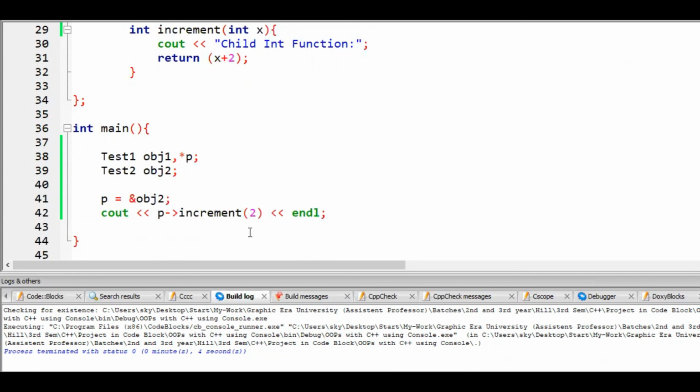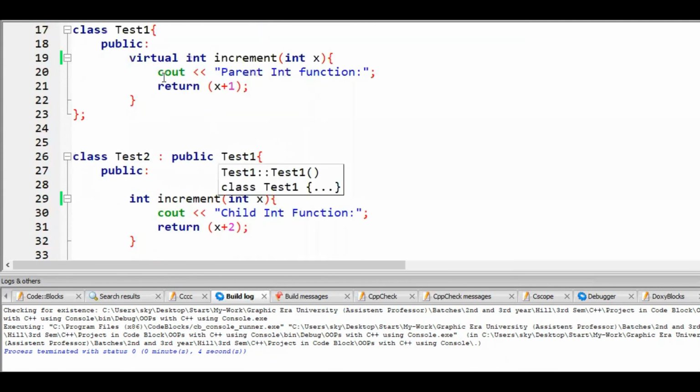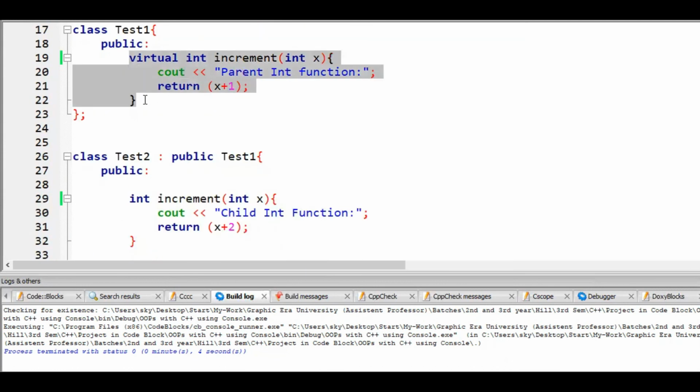So when we want to bind at dynamic time, or at runtime, then we should use the base function as a virtual function. We don't want early binding, that is the concept.